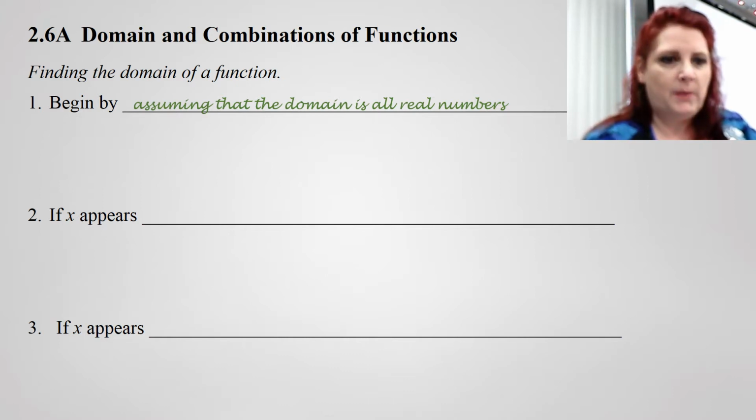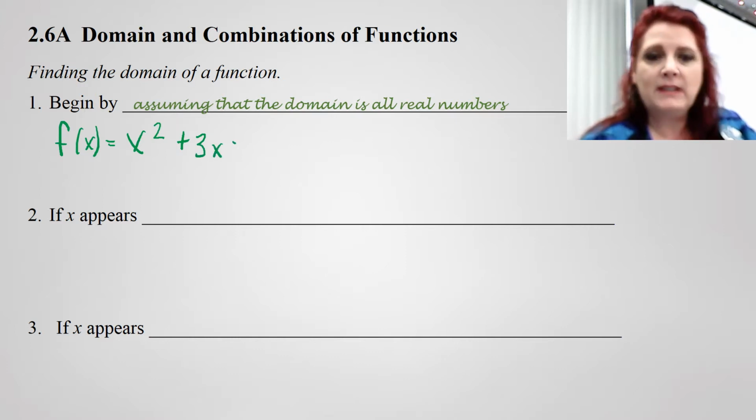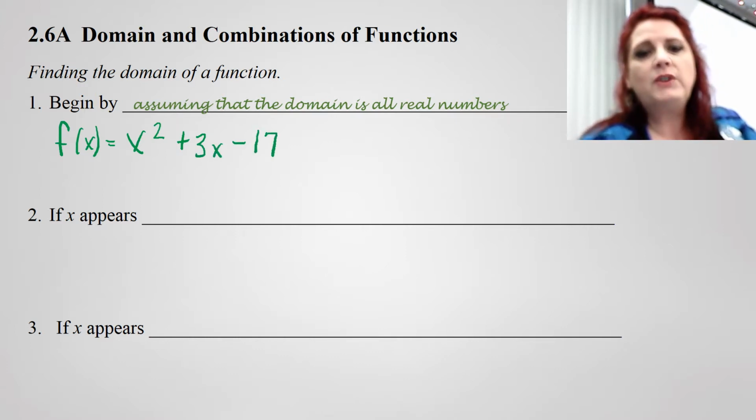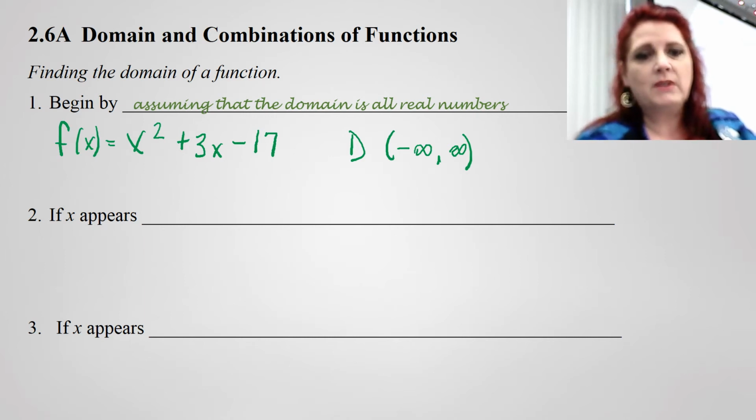So if we had f of x is equal to x squared plus 3x minus 17, that domain is all real numbers, and we'd write negative infinity to infinity because there's nothing that makes an exception. But we're going to assume that, but then we're going to look for some exceptions for our domain, and there